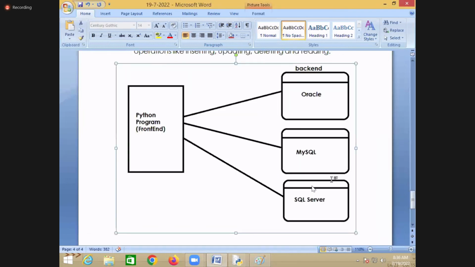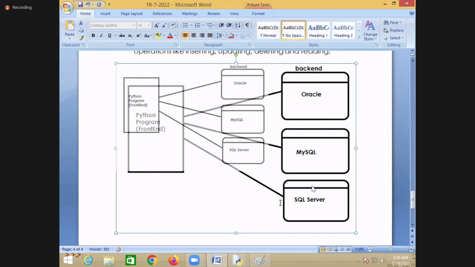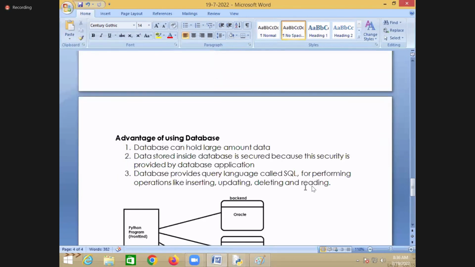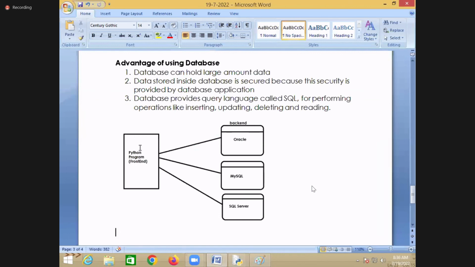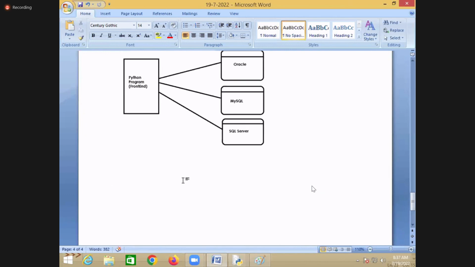First I'll tell you how to work with this database, MySQL. Yes, first I'll tell you how to work with MySQL.